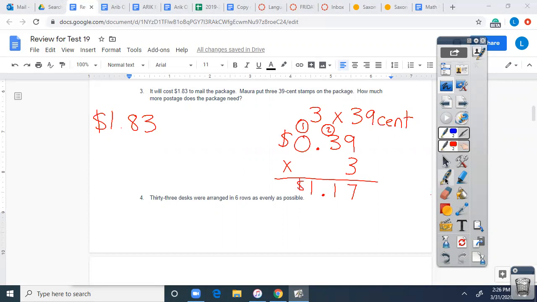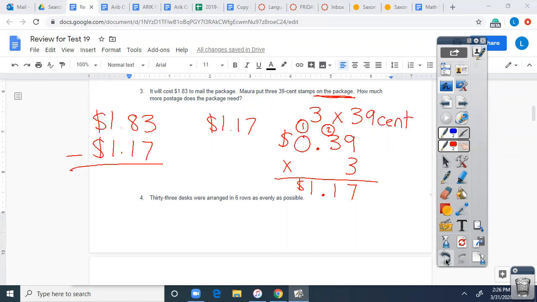So how much money has she already put on the package? $1.17. So she's already put $1.17 on the package, but she needs a total of $1.83. So how much more postage does she need? How much more postage? That is our keyword for subtracting when it says how much more. So we're going to do $1.83 minus